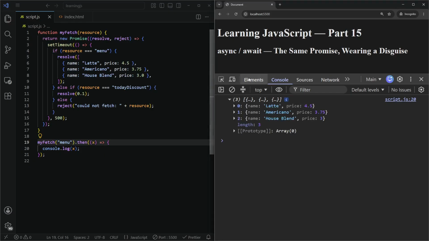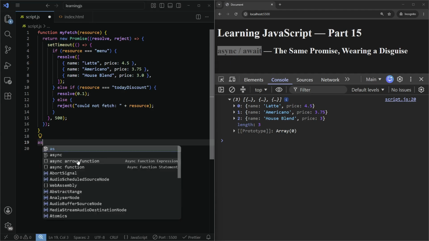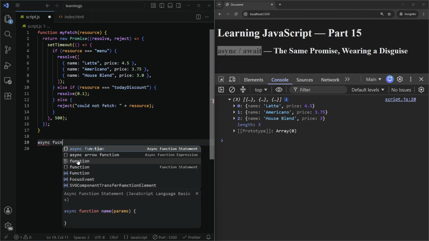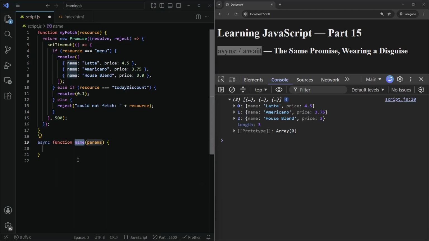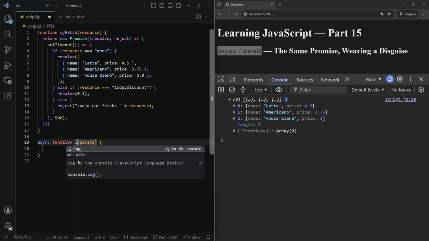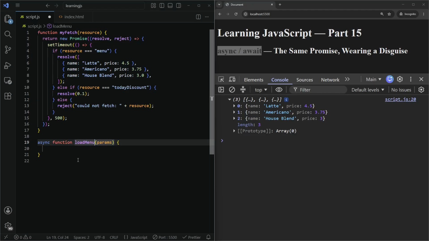So now let's move on to the async await. Same thing, new syntax. Our my fetch function does not change. This still returns a promise, but now the then is what changes. So we do it like this: async function load menu. No params. And then